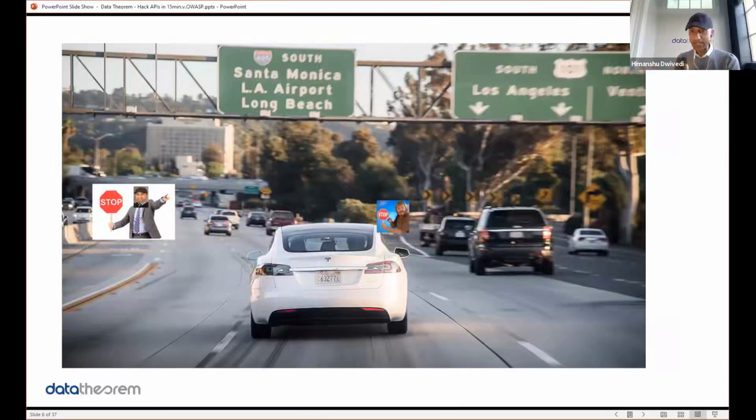And you can see a Tesla here. I'm not picking on Tesla. It could be any smart automobile that recognizes the promise of self-driving cars, which I love and I will happily do one day. But self-driving cars will see stop signs and they will stop. So what happens if they see a stop sign on a highway? Will they know that an immature adult like myself is holding the stop sign and just ignore it, which is the safe thing to do? Or are they going to continue and listen to the stop sign and stop on 101?